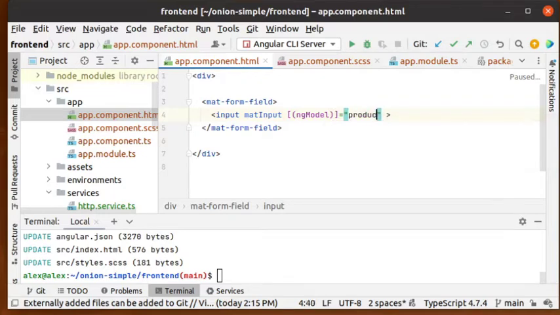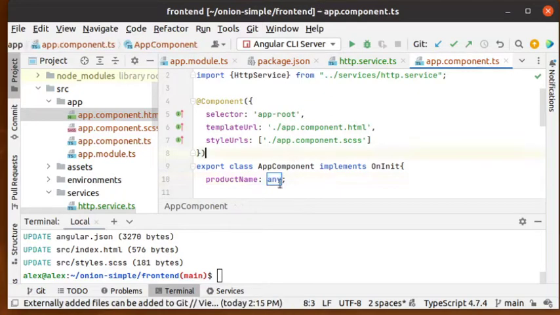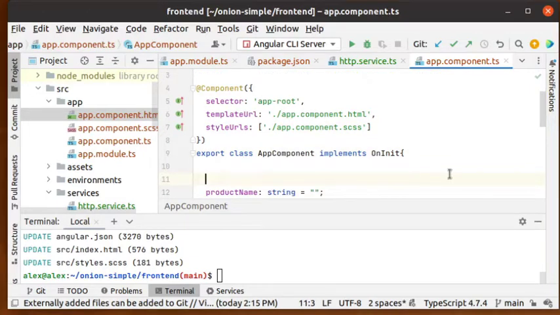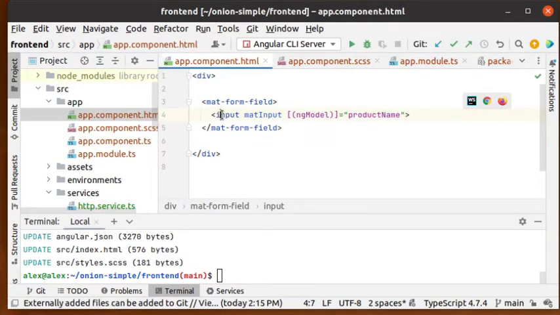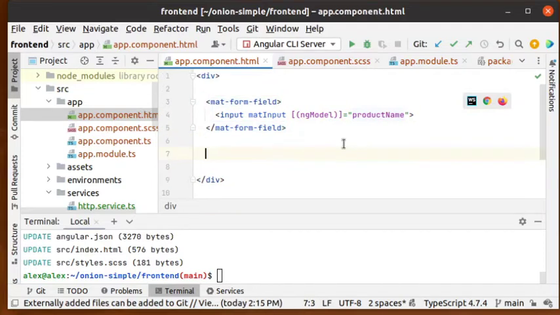So I can write something called productName here and say create a field productName, and we can just declare it as any. You could also say it's a string and set it equals to an empty string. This is all right as well. And now if we write something inside of this input field, we can get the value of the input field as the product name, which means if I make a button, let me just make a quick button here,